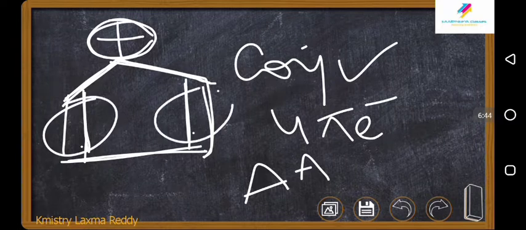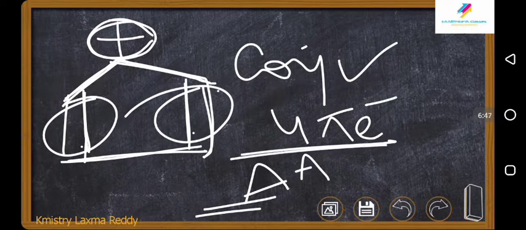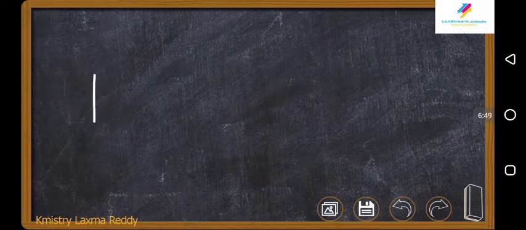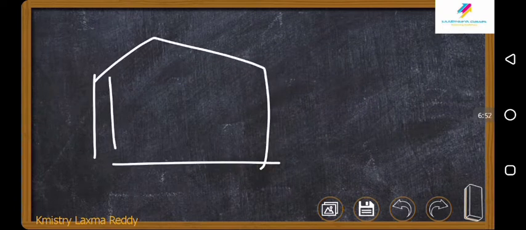So this is 2 electrons, this is 2 electrons. So the total number of electrons is 4 pi electrons, and this is anti-aromatic. If it is having a negative charge there,